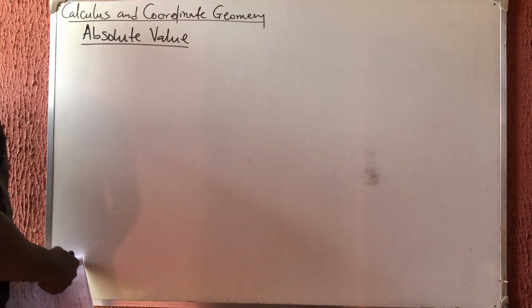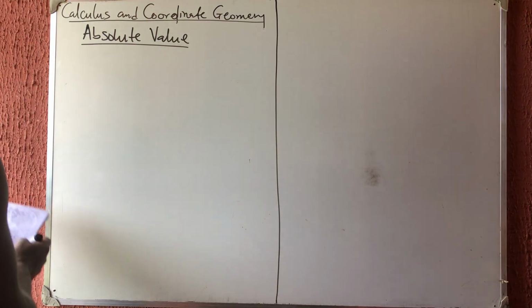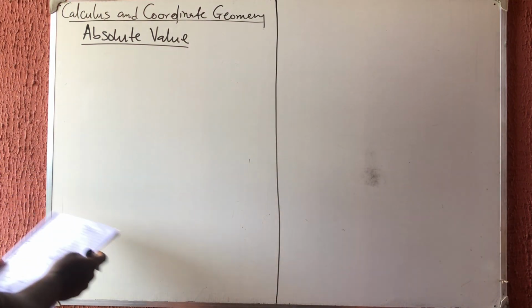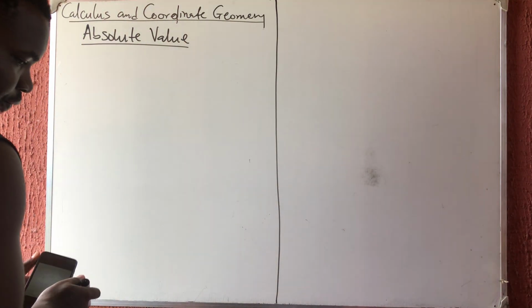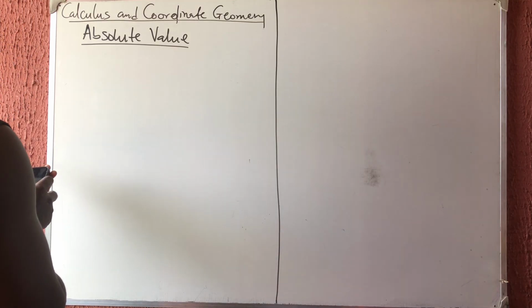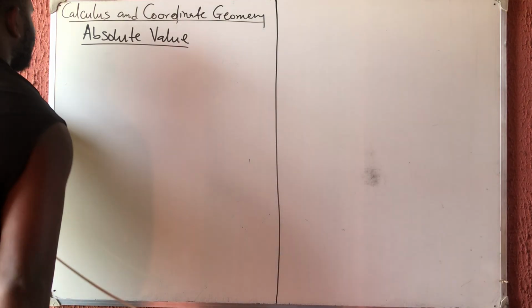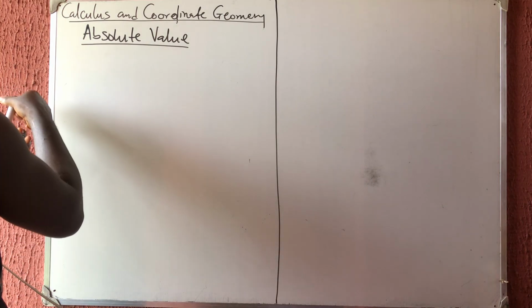In this video, we'll be solving questions on absolute value relating to calculus and coordinate geometry. Okay, so the first question we are going to be solving here is question number 44 to 49. So question number 44 to 49. So we have question number 44 said,